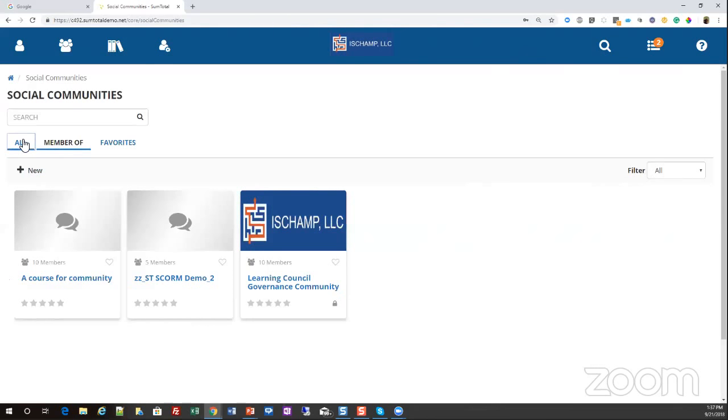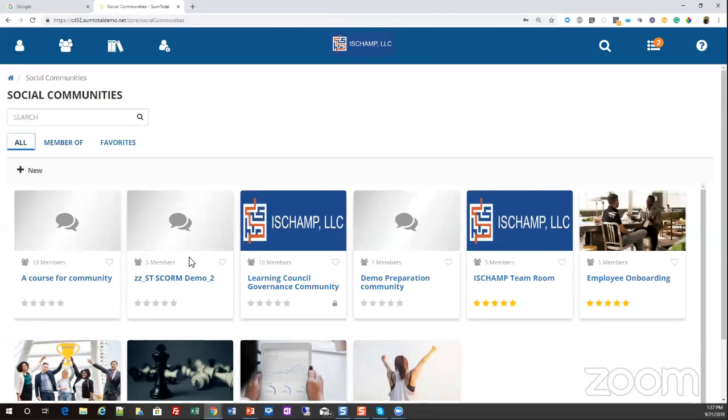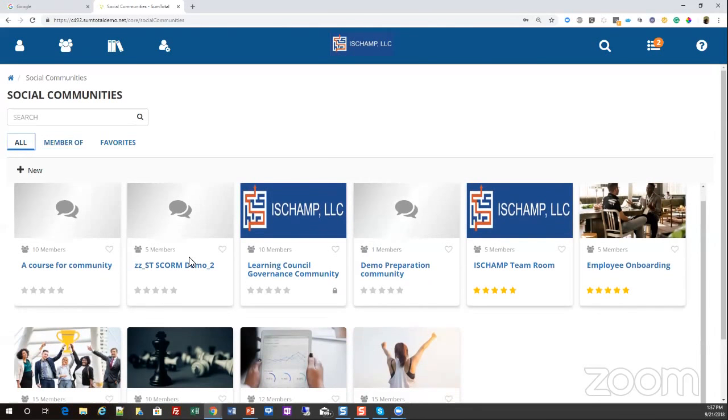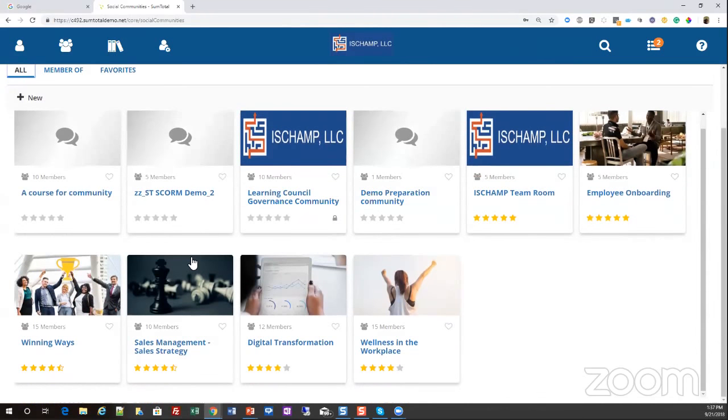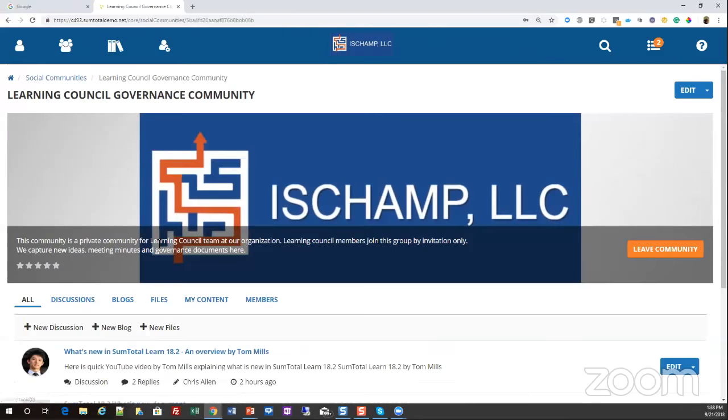And I can see all of the open or non-private workspaces I could join. So I have a team room over here, I have the Learning Governance Council over here, and I've got some other things that have been set up. So if I go to this Learning Governance Council,